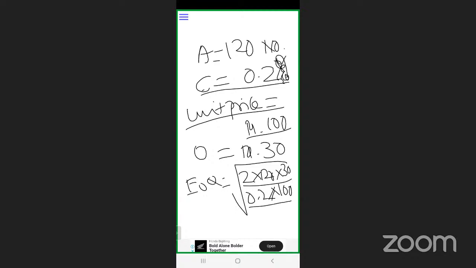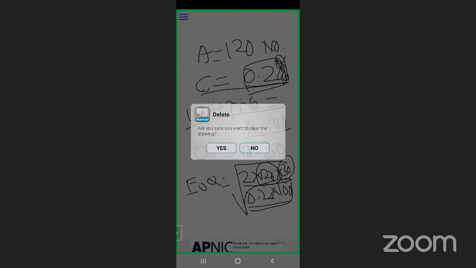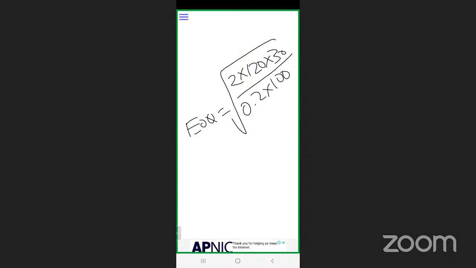So 2A, A is annual consumption, 120. Ordering cost per order is 30. Carrying cost he has given us is 0.2, and you need to multiply it by the cost. It is given as a proportion of the cost, 0.2 into 100. So EOQ is equal to under root of 2 into 120 into 30 by 0.2 into 100. 100 is the unit price of each spare part. So how much are you spending on it? It's coming to